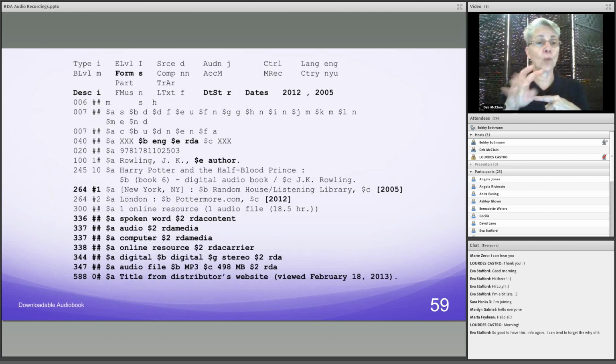And then for the downloadable book, we have our title proper, Harry Potter and the Half-Blood Prince. And then other title information is where we've got book 6 in parentheses, followed by a digital audio book. The thing I didn't talk about, which I should have, we talked about it in the last episode, is the date of viewing, and this is why that's important. For the title from distributor's website is the source of the title proper. And the date viewed here was February 18th,